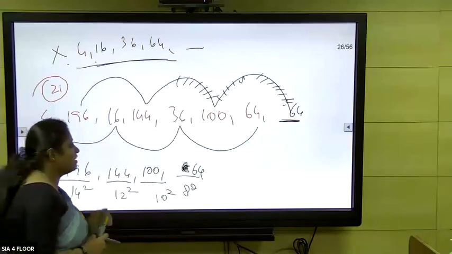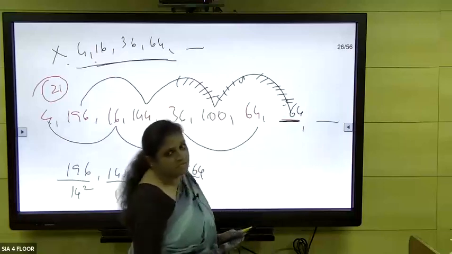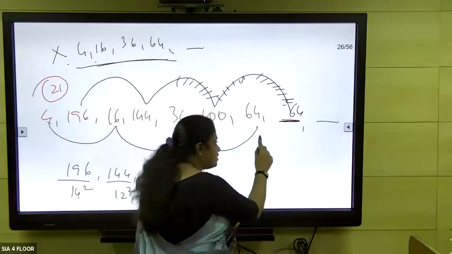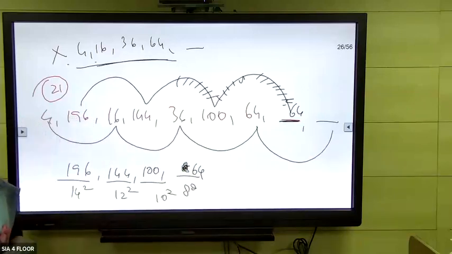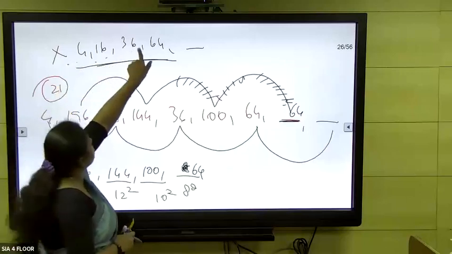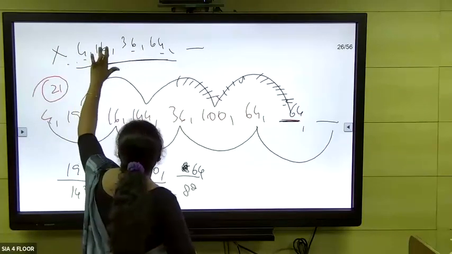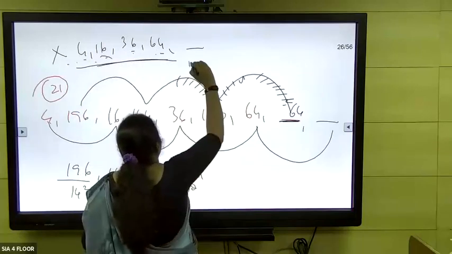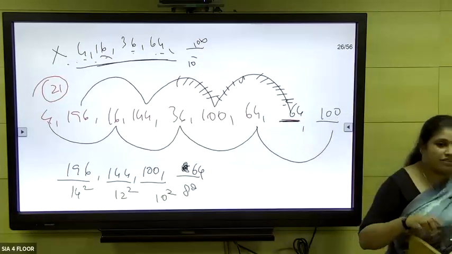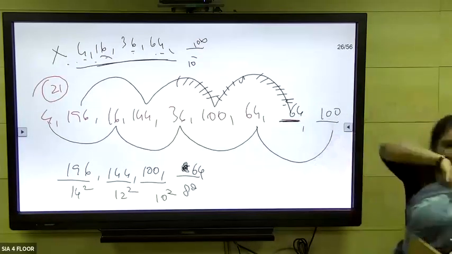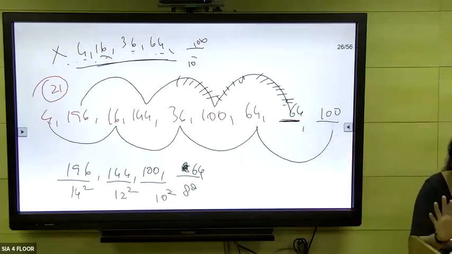One more thing. If you have two blanks like this, then after this it should continue with the other sequence. So 4, 16, 36, 64. This is 2 square, 4 square, 6 square, 8 square. Should be 10 square here. If you have one more blank, 100 should be coming here. The first one follows one sequence, the other follows the other sequence. If you put arrow marks in the proper way, you'll get it, alternately connecting the alternate numbers.